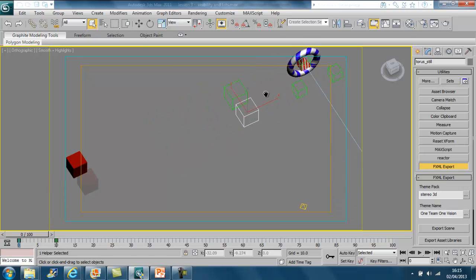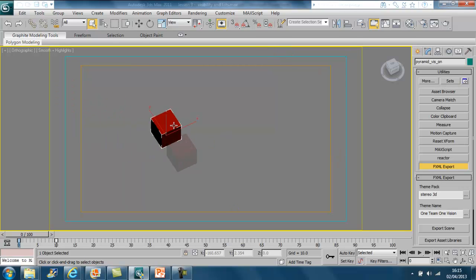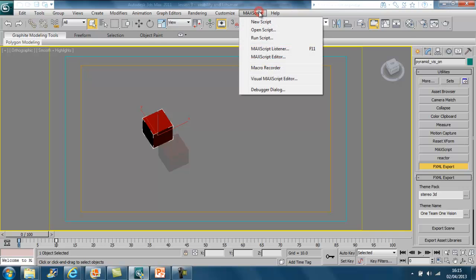So the only addition to this file really are these two geometric boxes over here. You'll notice that they're not dummies, they're actually 3D Studio Max geometry, purely because you can't give 3D Studio Max dummies a visibility state. They simply don't have one. So the first thing you'll notice, if we open up Max Script